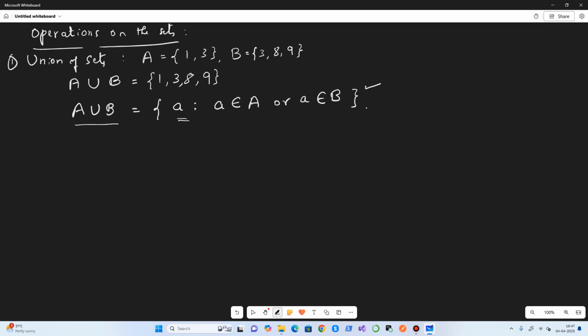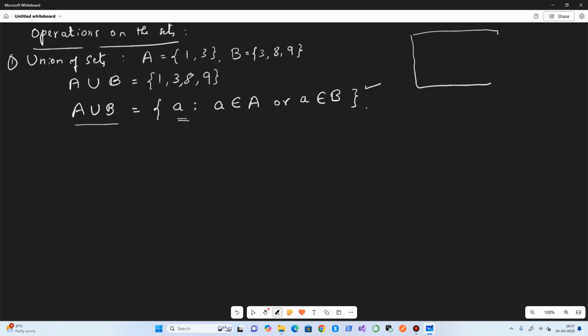Next, we will try to understand from the Venn diagram. Suppose the same thing, A is 1, 3 and B is 3, 8, 9. Let's draw a Venn diagram for this.